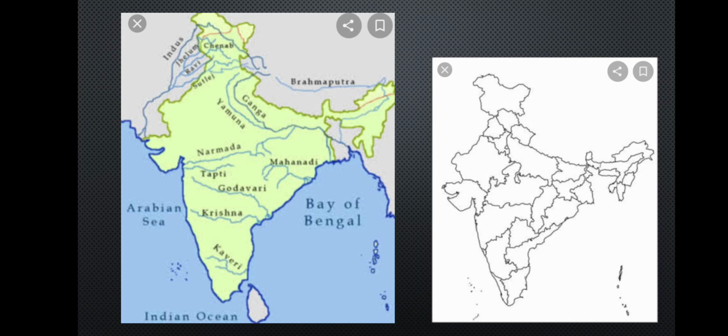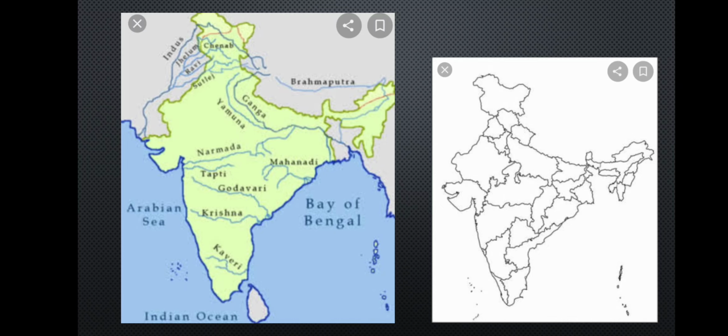Now first of all you will come to know about the North Indian rivers and their tributaries. So do you know what tributaries are? The small rivers which join the large rivers are called tributaries. And the large rivers always drain into or meet any large water body, ocean or sea, etc. And the small tributaries join the large river.